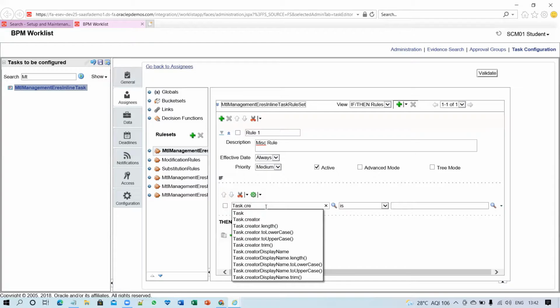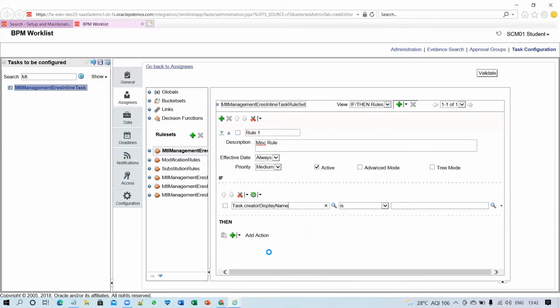We are saying to the system that if task.creator display name, and the display name for me is SCM01 student. So now I have selected the condition that task.creator name is.